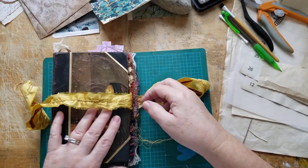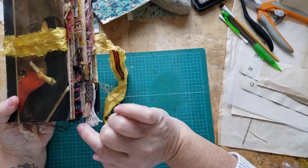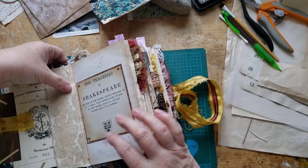Okay, so let's see that. Oh, yeah. Come on. How cute does that look just dangling there? Although I might want it down here and have it dangle there. I'm going to leave it be for now. All right, let's put our...